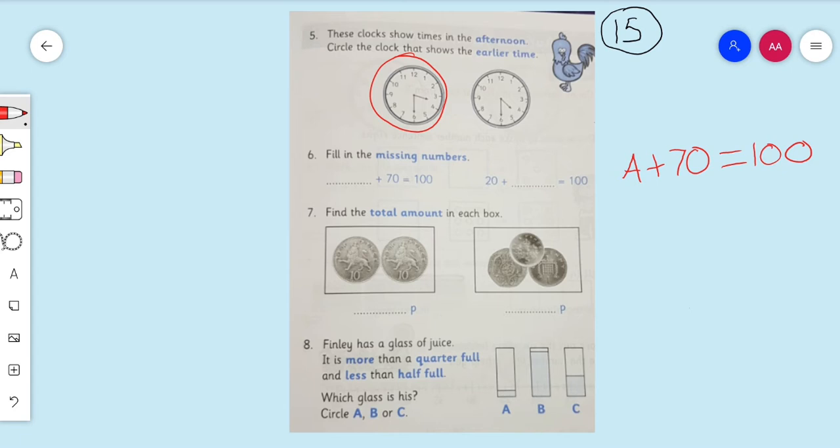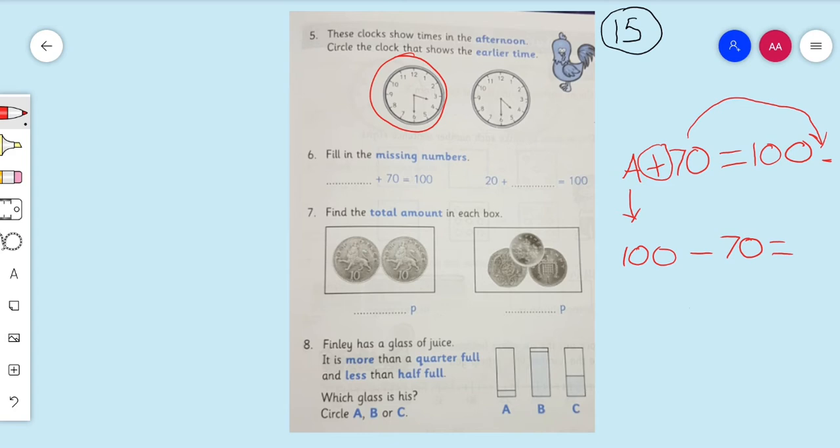And to find what the A actually is, we need to leave it alone. And when we leave that alone, we need to take the 70 to the other side. And because this is plus right now, when we take the 70 to the other side, this plus sign will turn into a take away. So it'll turn into 100 take away 70. And when we do 100 take away 70,